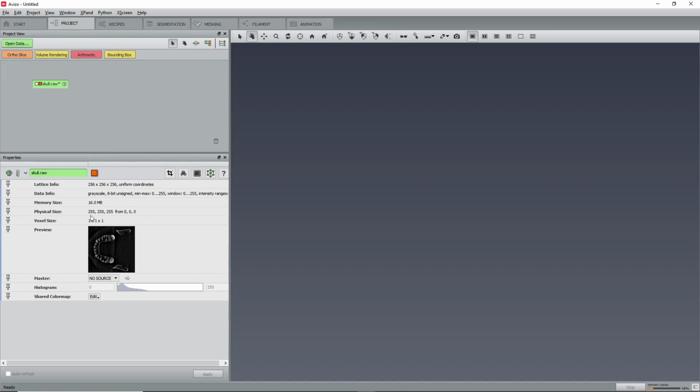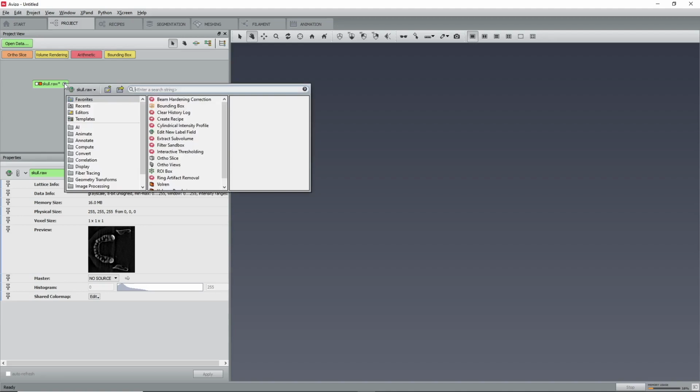And the physical size is the same as the resolution, since I left everything at 1. Here you see the voxel says again 1, 1, 1. So that looks okay. Now, if you wanted to load that at another time, you would have to specify all these values again. That can be tedious, so it's probably best to save this now in a format that Avizo